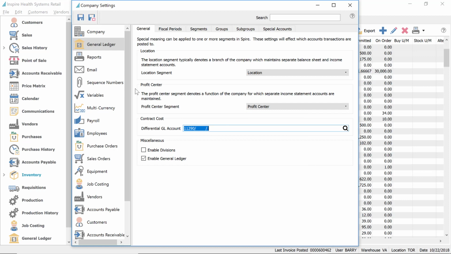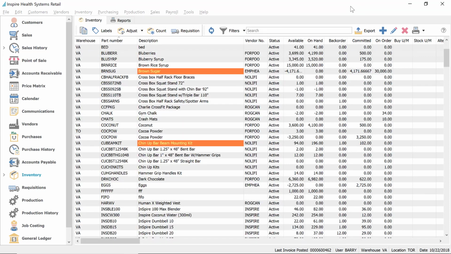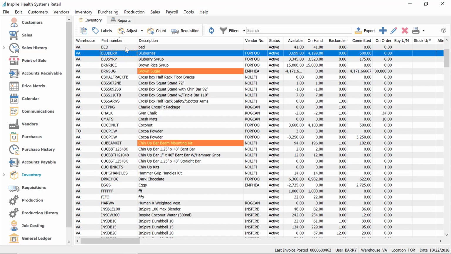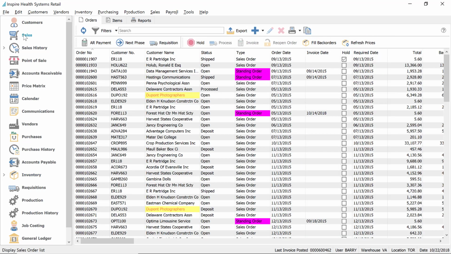What this is for is if you sell an item to a customer, of course, it comes out of your stock at whatever your average cost is. But sometimes you'll have a contract with your supplier that if you sell an item to a certain customer, you get a rebate on it, maybe because that customer negotiated a better price from your supplier. It's just a way of being able to recoup those costs,